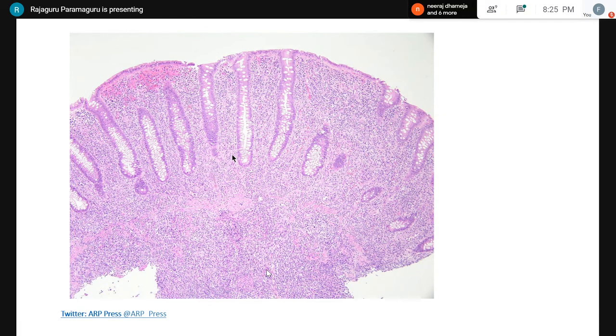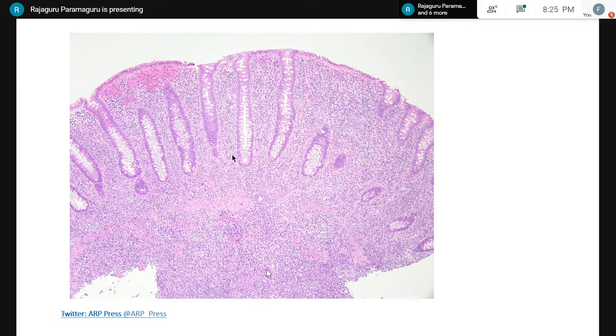So you will have to think of another diagnosis in this setting: a young male with an ulcer in the rectum with a lot of plasma cells and inflammation spreading onto the muscularis mucosa. Definitely Crohn's colitis is a differential diagnosis,